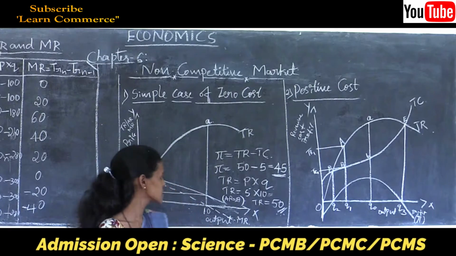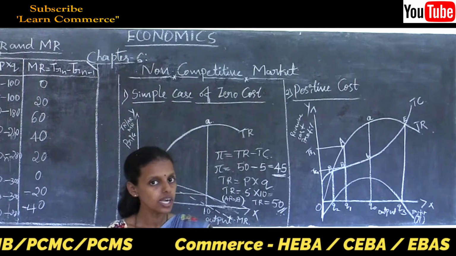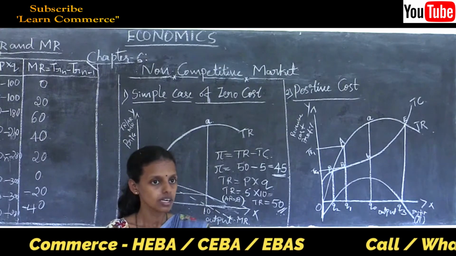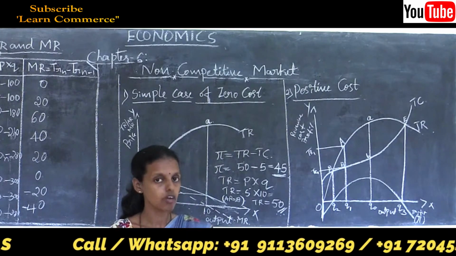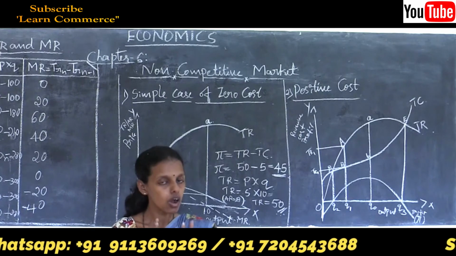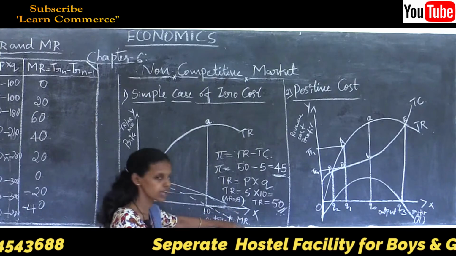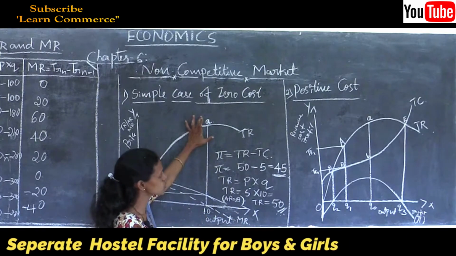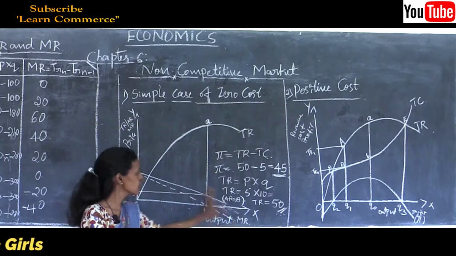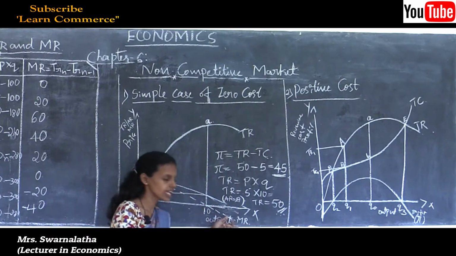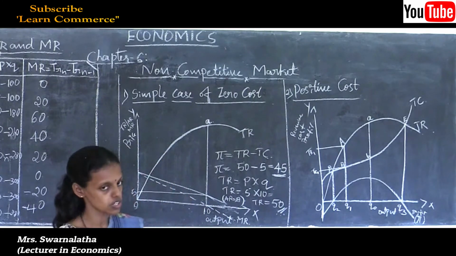So marginal revenue, which is nothing but additional revenue earned by the firm, also goes on decreasing in future. It may be due to the income effect and substitution effect, which we already studied in the second chapter, the law of diminishing marginal utility. All these result in the decrease of the MR curve below the OX axis. Thus total revenue goes on increasing, average revenue is stagnant as it is, and the marginal revenue line lies below the OX axis. It is in the case of zero cost of production.